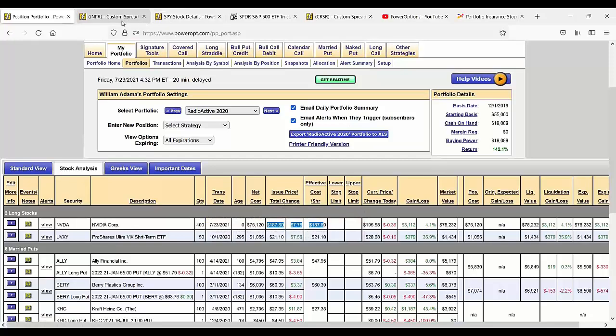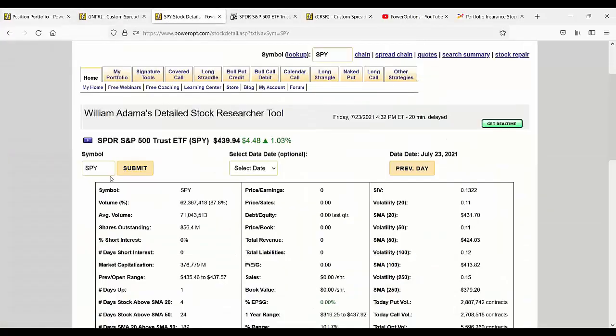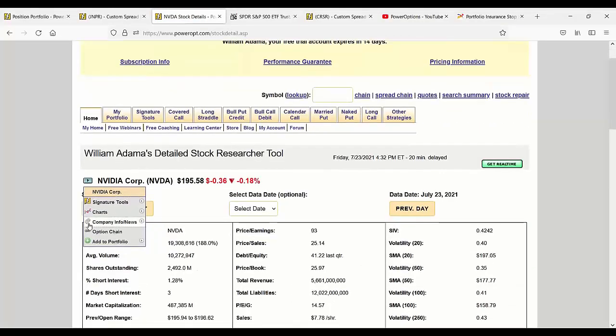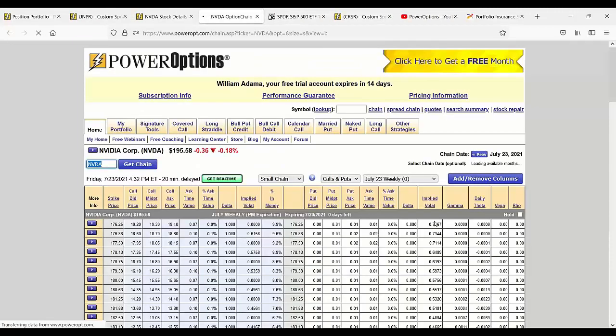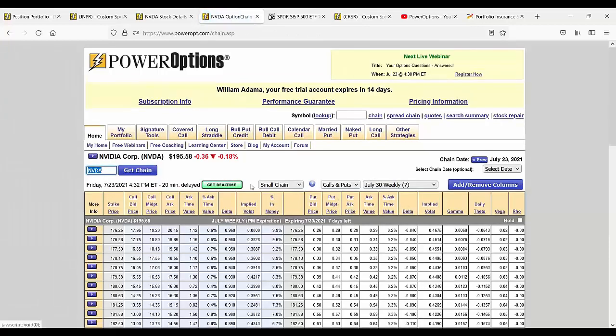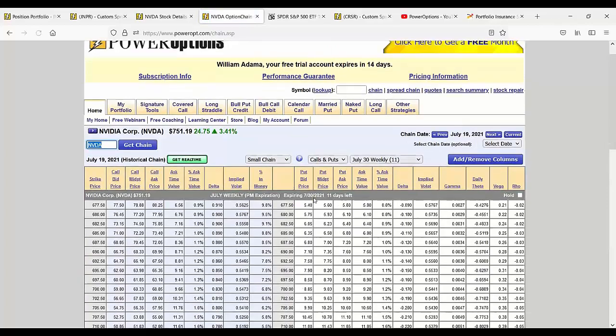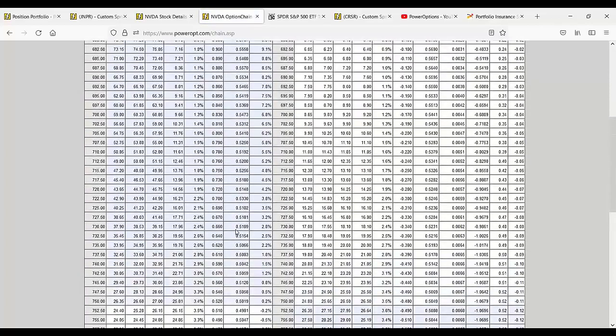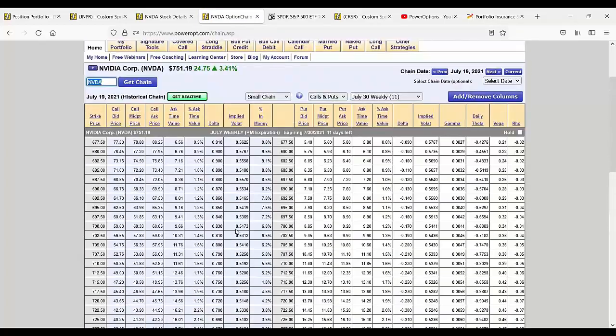Now, let's go here. And I'm going to go to option chain, July 30th. Oops, sorry. July 30th expiration, but I want July 19th, don't I? Right. All right, we're uploading the history, Charles, so that'll take me a second. There we go. So let's say that I was doing a covered call, not a married put. Let's say we're doing a weekly covered call in the video. Bought stock at